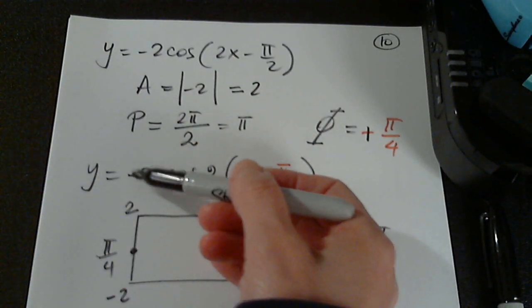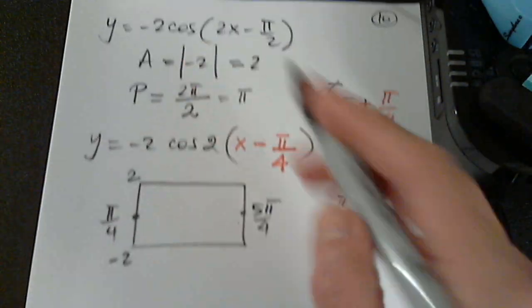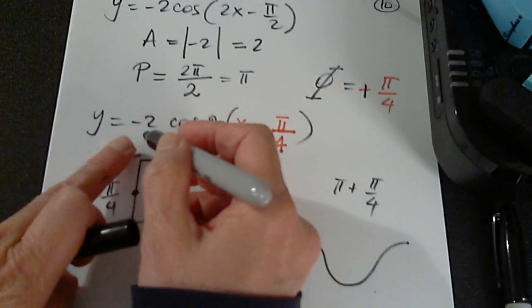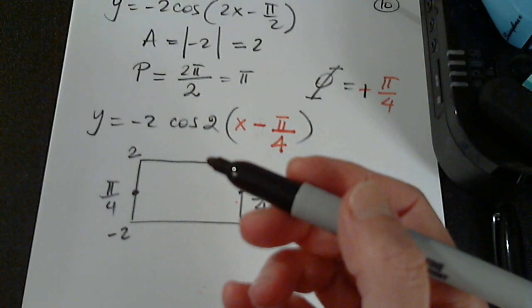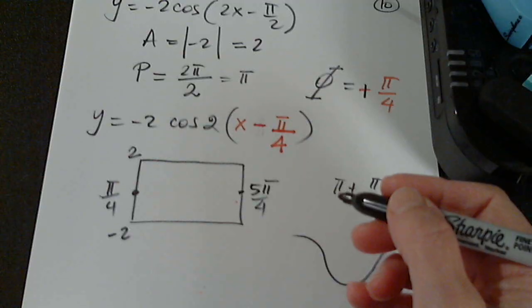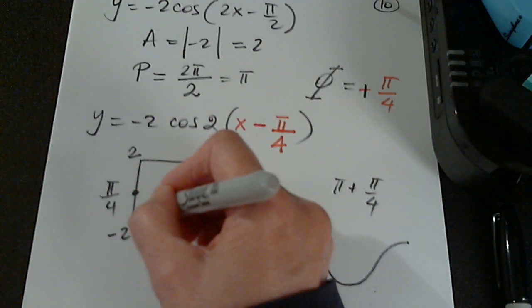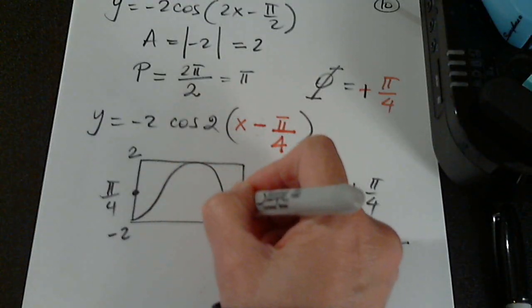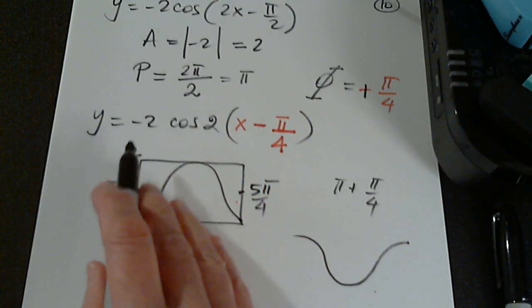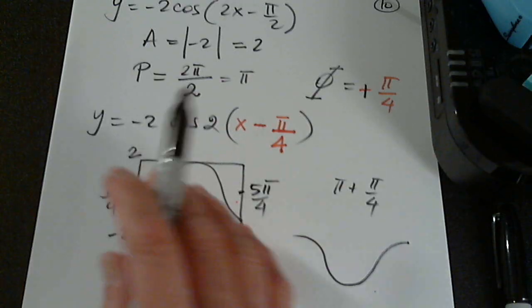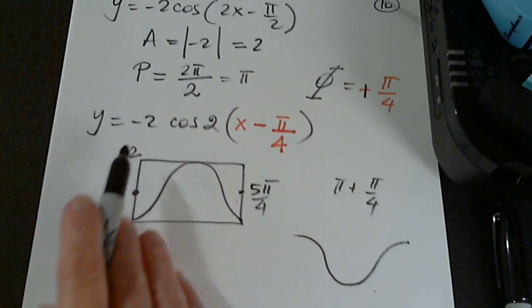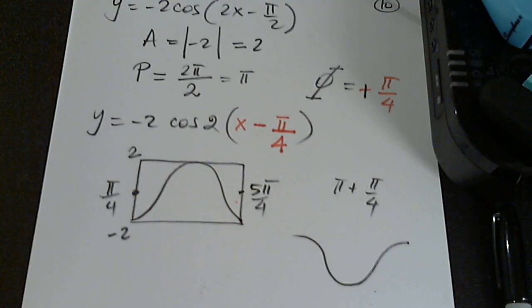Remember, it's negative. So remember the graph of cosine. It's like a vase. But because it has a minus in front, it will flip. So it will look the opposite. So it will look something like this. Because it has a negative number in front, it has to be flipped. It's a reflection. So this is what we should expect. Okay,